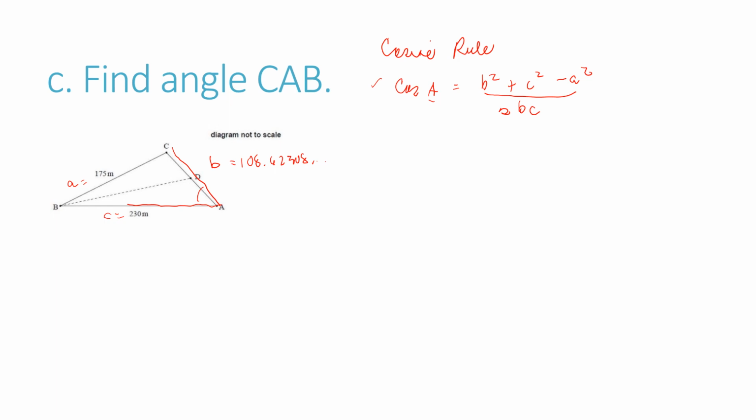Okay, so if we're going to solve for cosine A, to find A would mean to get the arc cos of this. B squared is, if you stored this, 108.6 squared, plus the C squared, 230 squared, minus the square of the opposite side, 175 squared, over 2 times the B, which is what you saved a while ago, 108.62. No, it's not squared, sorry. So it's just 2 times the adjacent sides. The adjacent sides are B and C, so it's